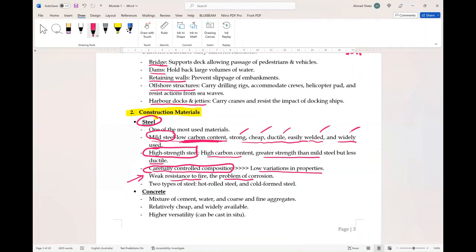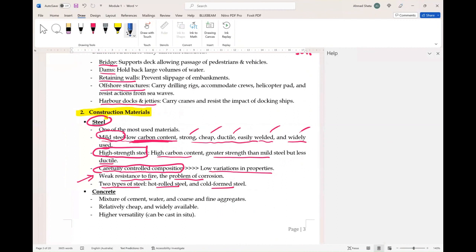We have two types of steel sections: hot rolled steel and cold formed steel. Okay, so this is our first material. The second material is